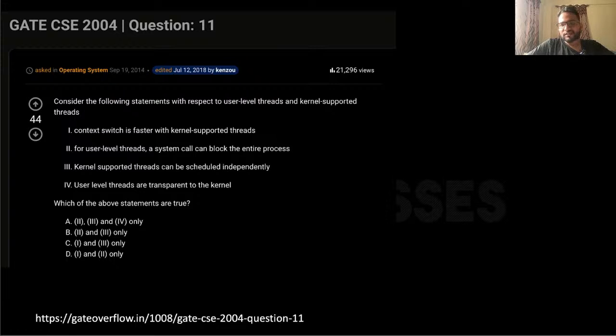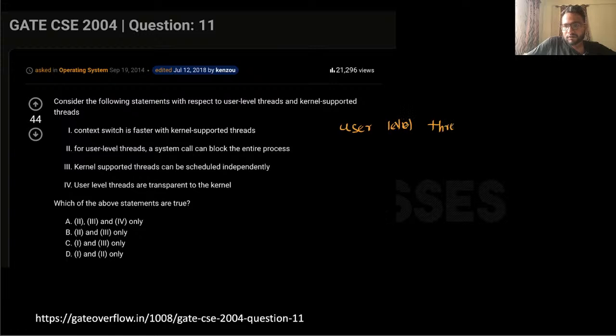Okay, T.S. Karthikeyan is saying B is the answer. So he's saying only the second and fourth are true. The first is false, I think, right? This is what you are saying. Context switch is faster with the kernel supported threads. Yes, the first is false. So if you compare user level thread context switching